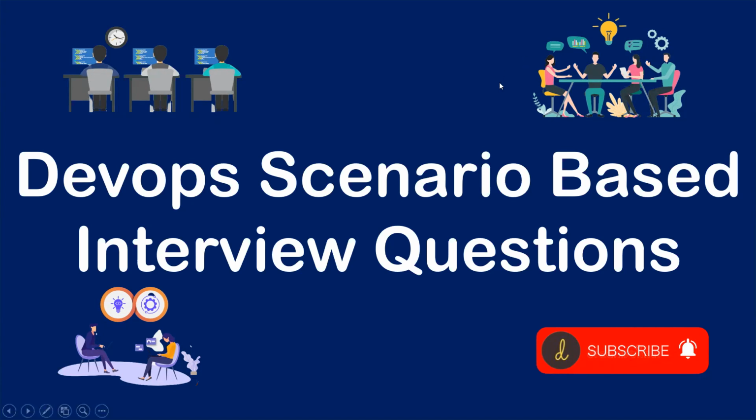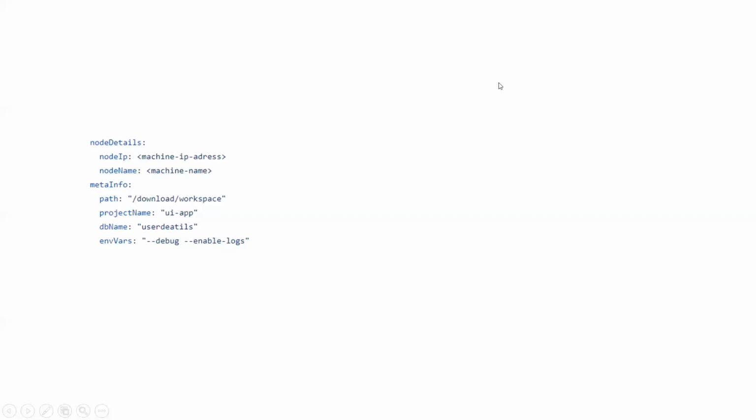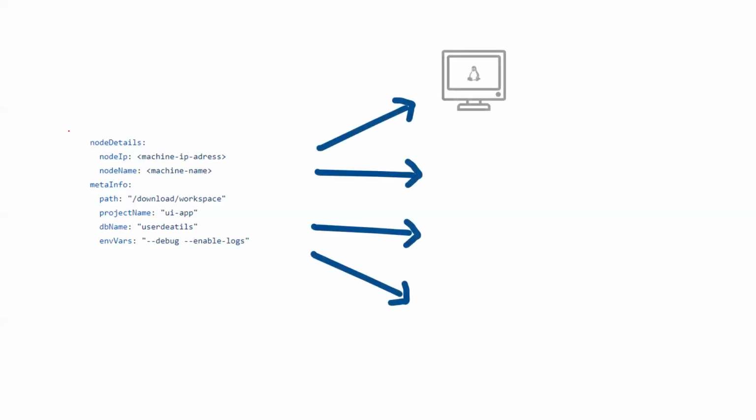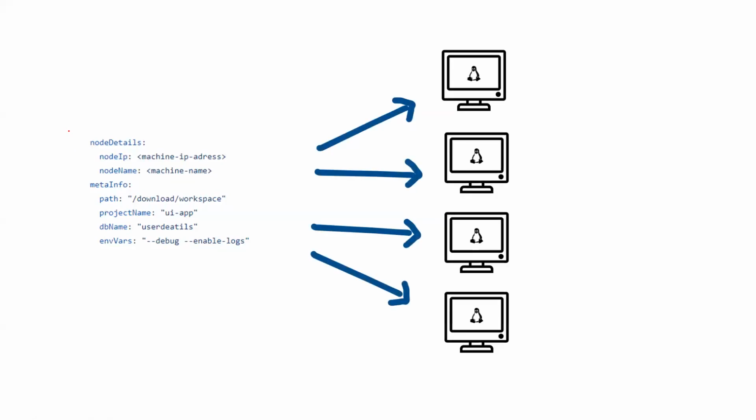The first scenario that I want to discuss is, let's say this is a configuration file that we have, and I want to copy this configuration file onto a bunch of machines. In this slide, I have only 4 machines, but let's assume I want to copy it to 100 machines. I don't want to copy this configuration file as is. Here you can see there are 2 fields, node IP and node name. I want to replace the node